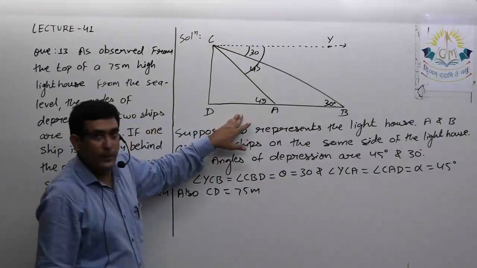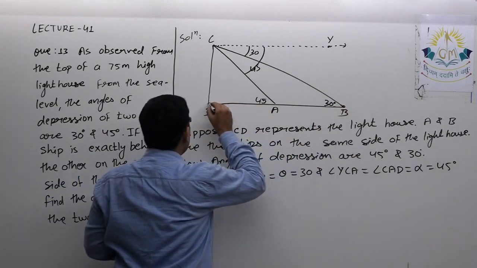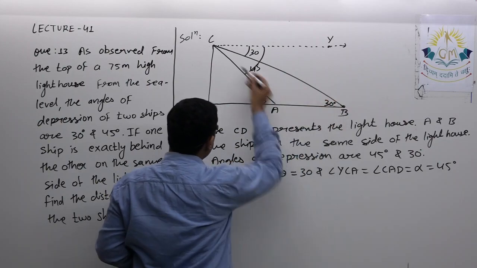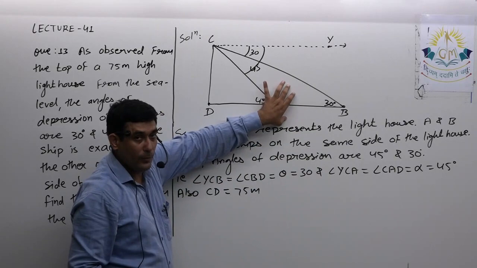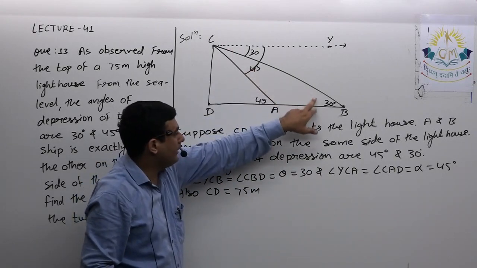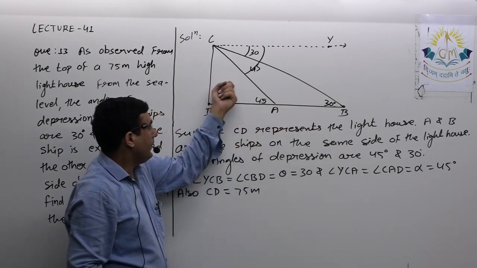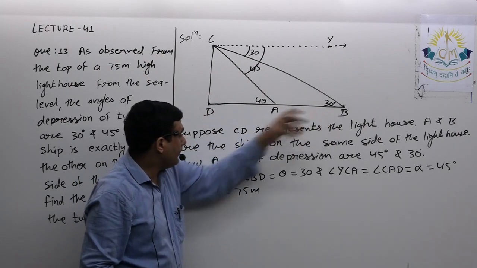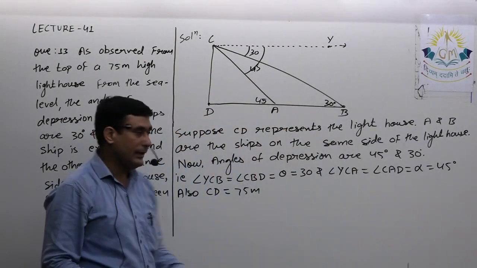So from the diagram I can say, if I have the length DB, because there are two triangles, in which first we have the 30 degree angle and another triangle in which we have 45 degree. If I apply the trigonometric ratio in the triangle where the angle is 30 degree, I will get the length BD. When I apply the trigonometric ratio over here, I will get the length AD. And when I subtract AD from DB, I will get length AB, which I need to find.